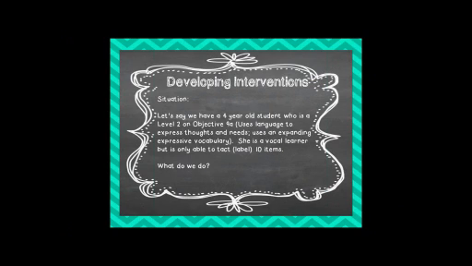When we are developing interventions, here's our situation. We're in our classroom, we've got this little girl, and we have an issue. She's 4, and she's not using language to express her thoughts and needs. She's just a level 2 on Objective 9A and Teaching Strategies Goals. So she's not where she needs to be. She is vocal, so she can speak, but she's only able to label or tact 10 items, which at age 4, their tact repertoire should be much greater than that.